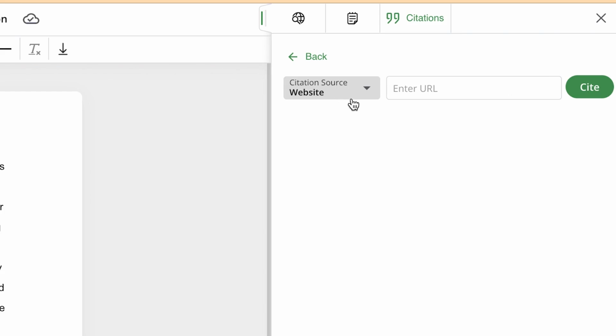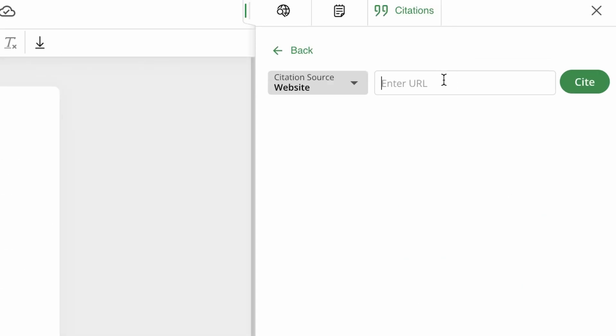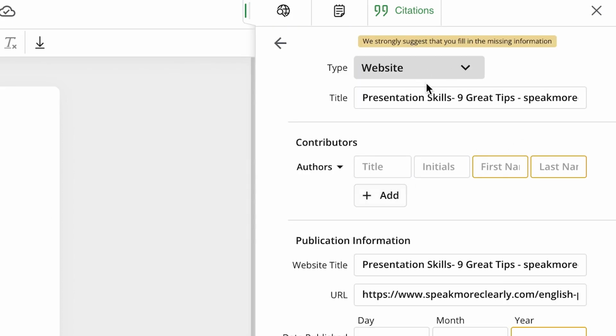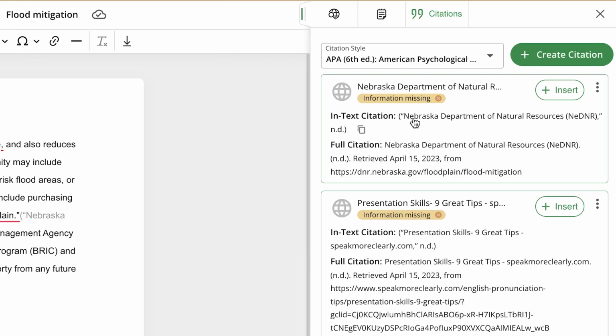If you've just worked on a website, for example, we have worked on this website and I want to cite this, I can just copy and come back to this and just paste it. Or you can just paste the link and say cite, and it's going to generate the citation for you to insert in your document. And you can see it has just generated the citation. Okay, you can say save citation. You can see it has just generated it for you, and you can change it depending.